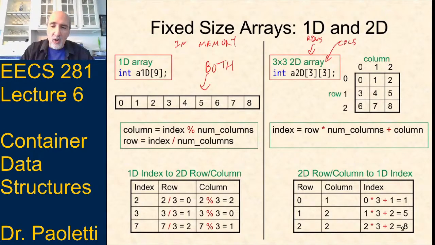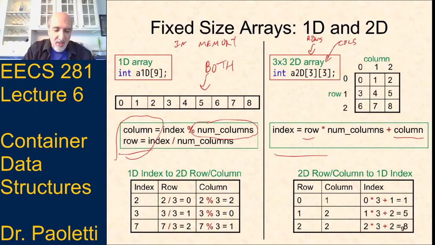Now I can create a one-dimensional array and treat it as if it's two-dimensional, or create a two-dimensional array and treat it as if it's one-dimensional, because I've got formulas that can go back and forth. If I've got an index, I can turn an index into a row and a column number using those formulas. And if I've got a row and column number, I can turn it into an index. I also need, to do these formulas, the number of columns. That number is important to the math. So when I say num columns, I'm talking about,